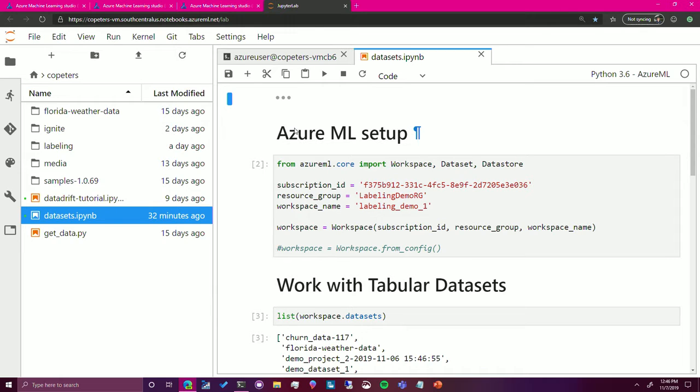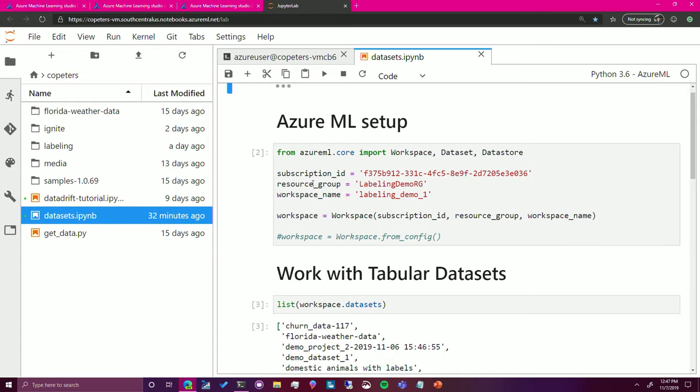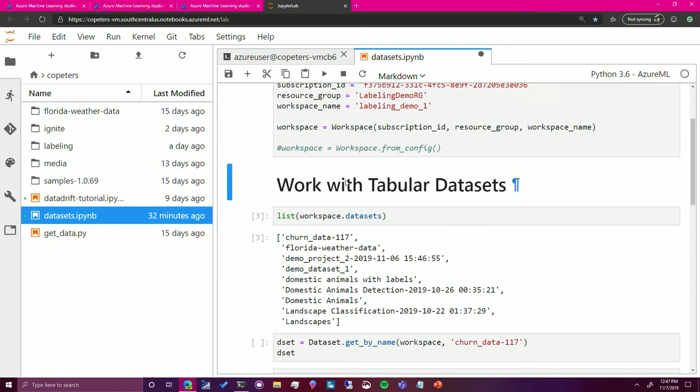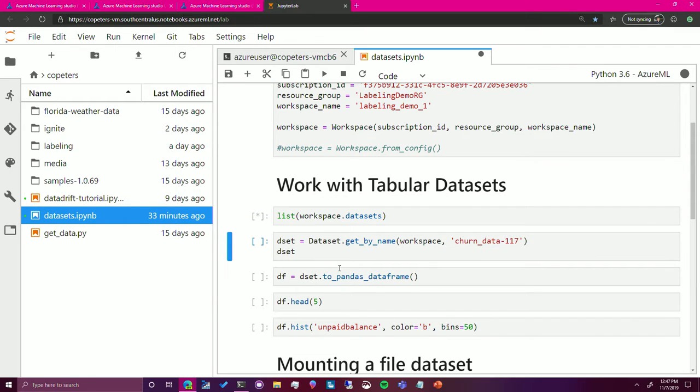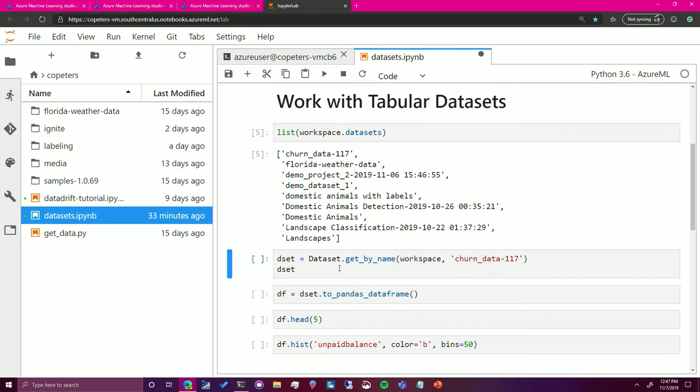So let's take a look at how we can use datasets in a hosted notebook VM. And note that everything we're doing here can be done on remote compute as well, so you can easily scale this out. I'll go ahead and access my workspace using this very common code. If I'm a bit lazy, I can throw this in a config file and get it down to one line of code, which you should definitely do. After I have my workspace object, just like we saw in the UI and the other authoring experiences, I can go ahead and list all of my datasets that exist in that workspace.